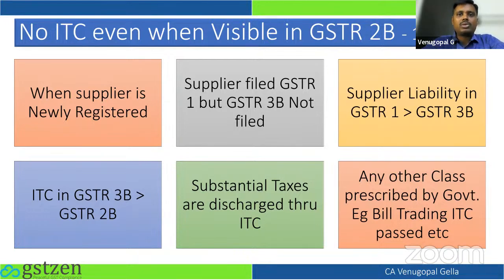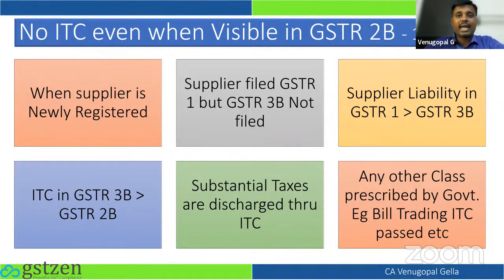In a normal course, since I have an input tax credit of 9 lakhs, my tax liability is 10 lakh 80,000 rupees. 1 lakh 80,000 I will be paying by cash, 9 lakh I'll be paying by credit. My margin is 10 lakhs. But the supplier has defaulted on filing the returns. What will happen? I will end up paying the entire 10 lakh 80,000 in cash and not in credit.